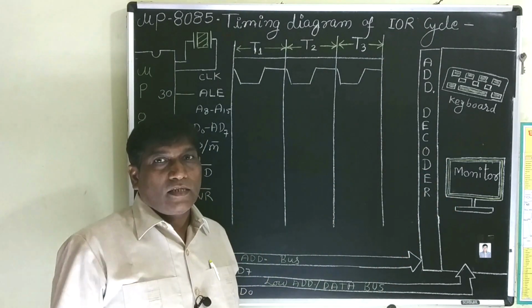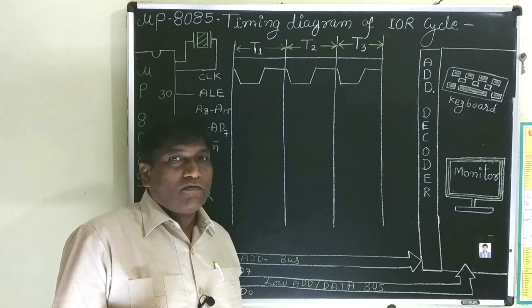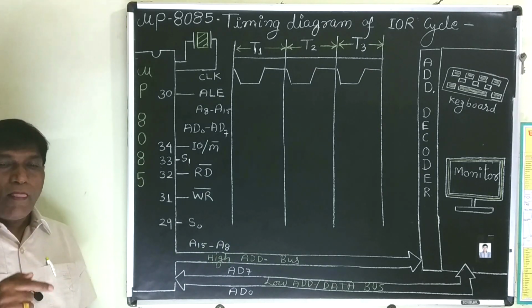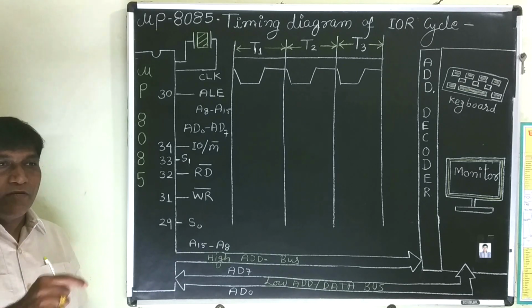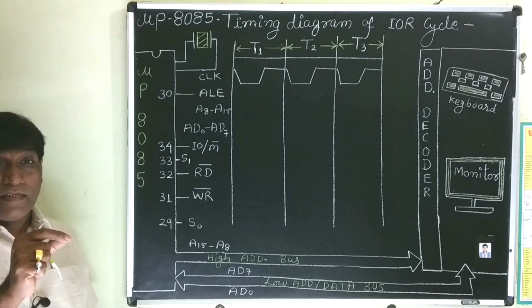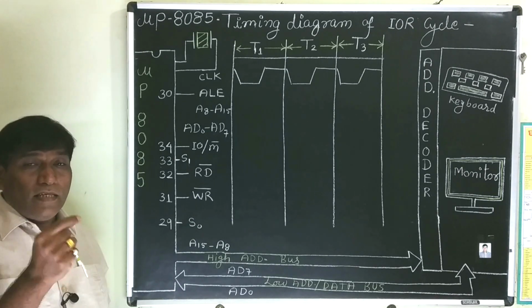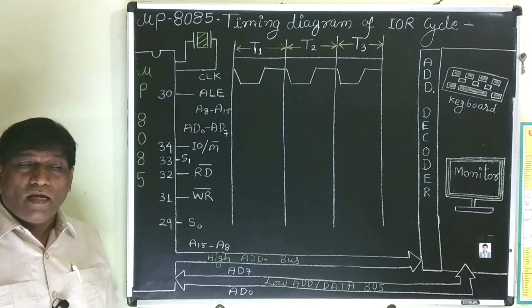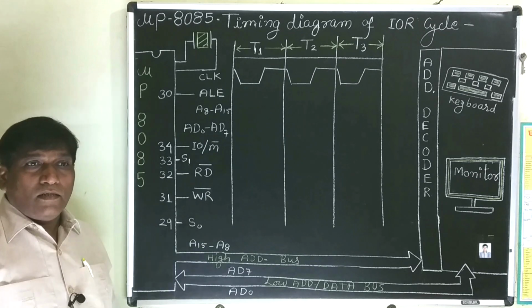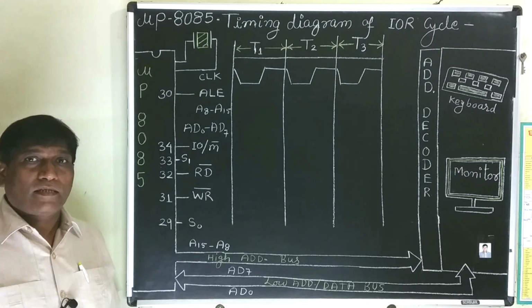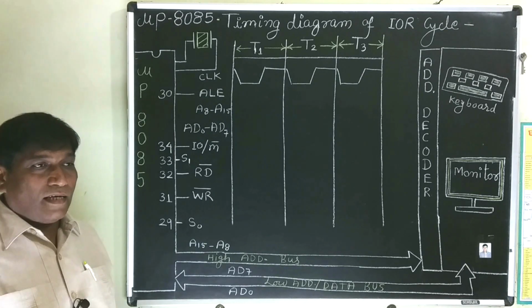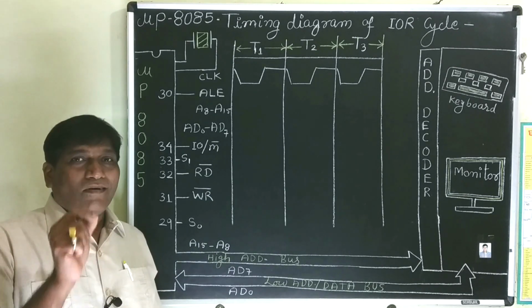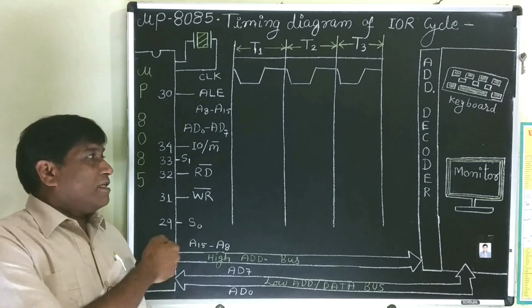Nowadays, say you are using a touch screen. The same touch screen can be used as an input device as well as an output device. Whenever you or anybody is touching the screen, the screen capacitance is changing. That change in the capacitance is sensed and treated as input. At the same time, many icons and different things are displayed on the screen. So the same touch screen can be treated as an input device as well as an output device. IO means input output devices which are connected with the microprocessor.